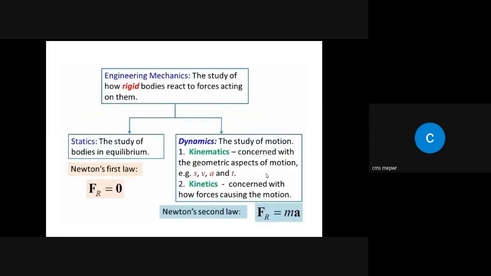So if the net effect of force is causing the object to stay in its position or in a state of rest, in that case we will consider it as a case of statics. But if the forces are causing the object to move, or producing some motion in the object, then it will be the case of dynamics. So in dynamics, we can have two subcategories. One is kinematics, and one is